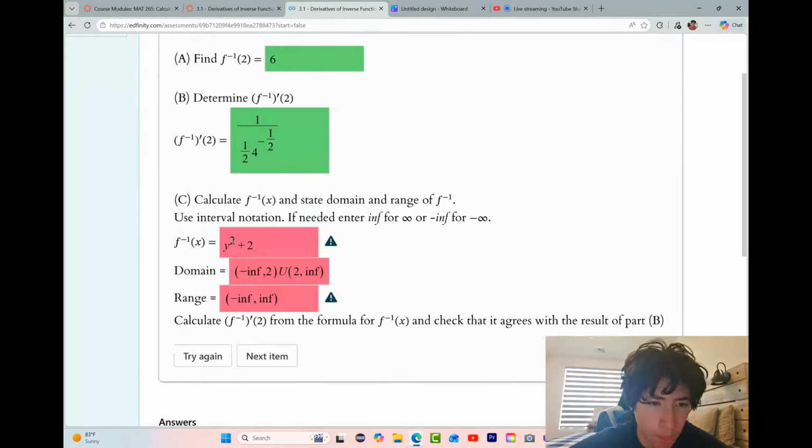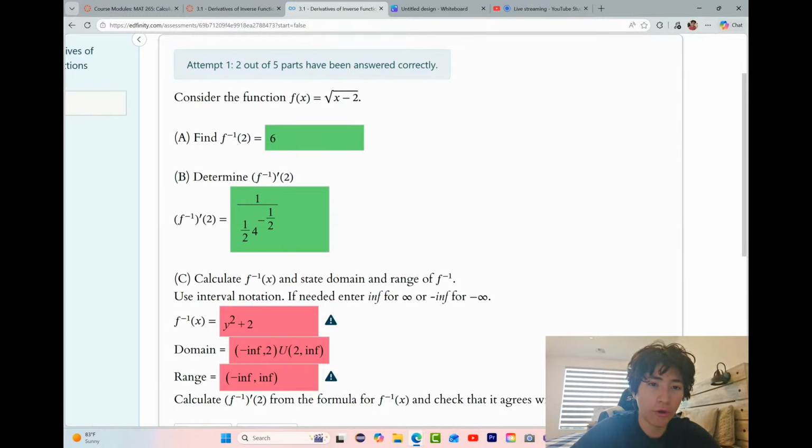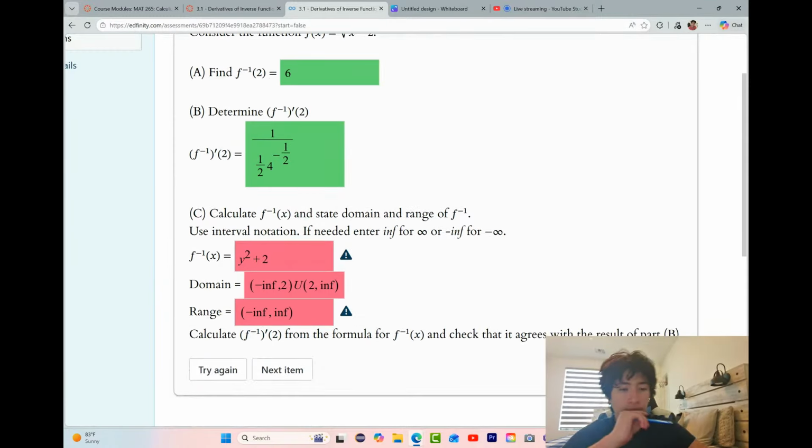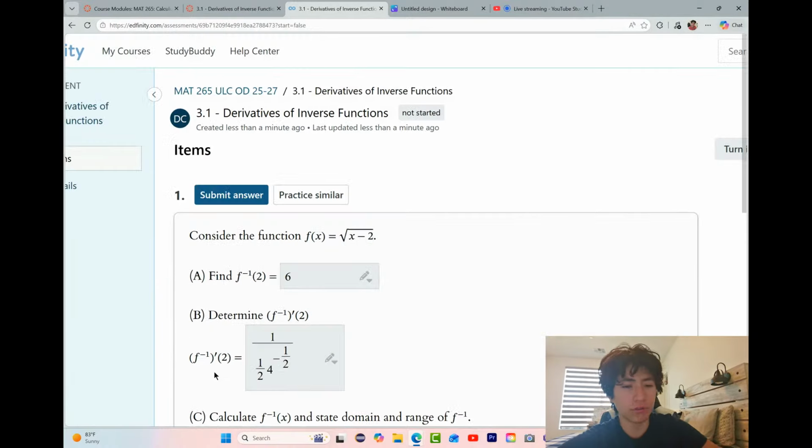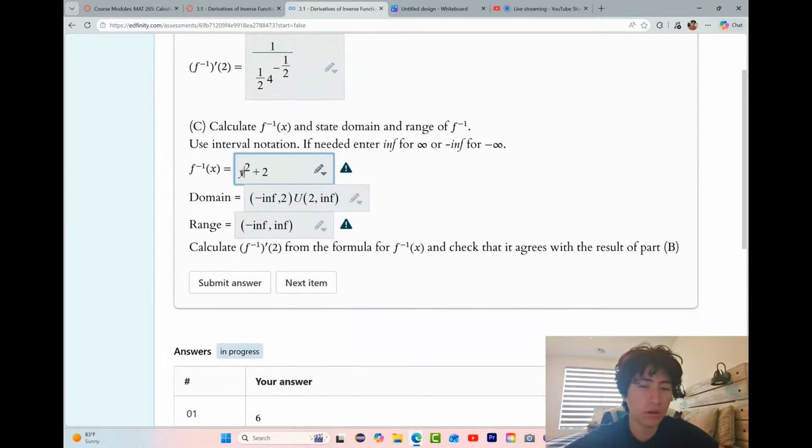Oh, okay. I find it a little bit confusing since here we have f inverse of x when this x is like the y of this. So if it's written in terms of x, huh,